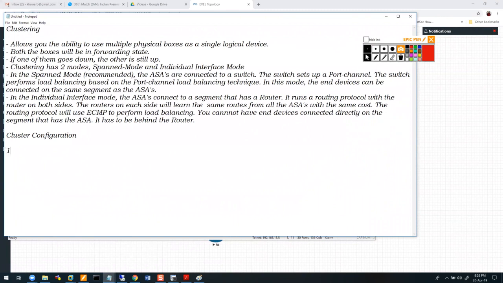So I'll break it down into steps like I have been doing. Configure the CCL cluster, cluster configuration on both the firewalls. All right, I'm going to do this on the master, and then I'm going to do it on the client. First thing that I need to do is change or set the mode. Now over here, the way you set the mode